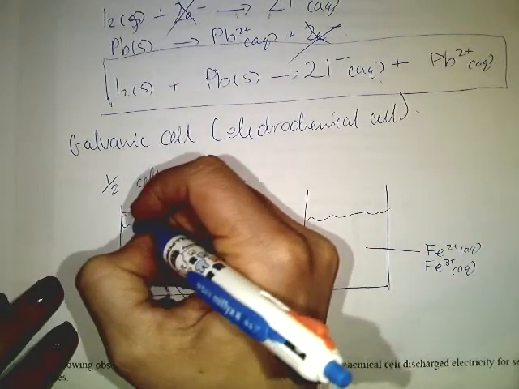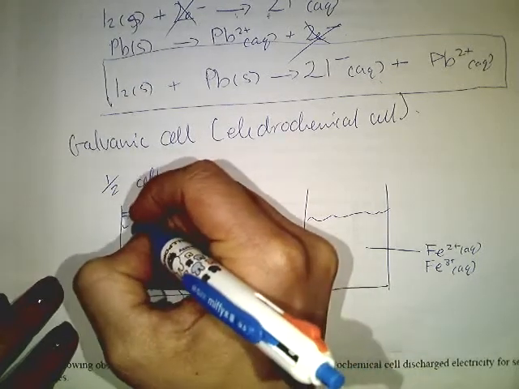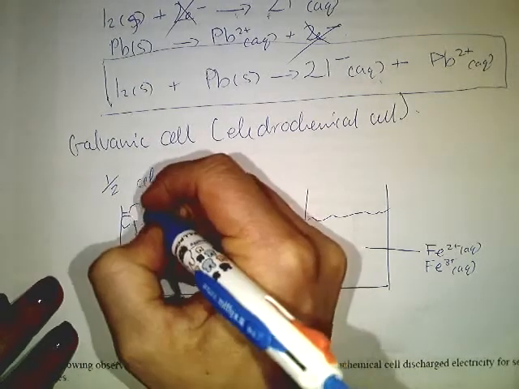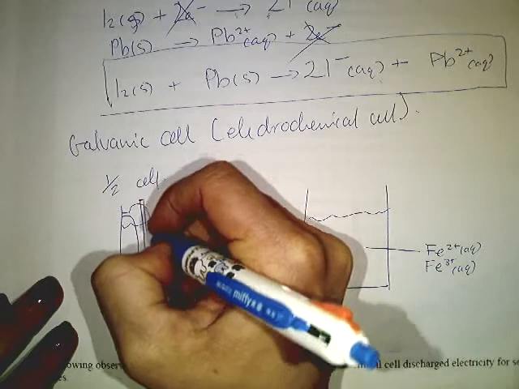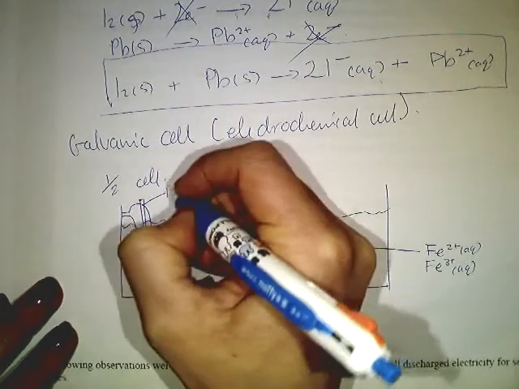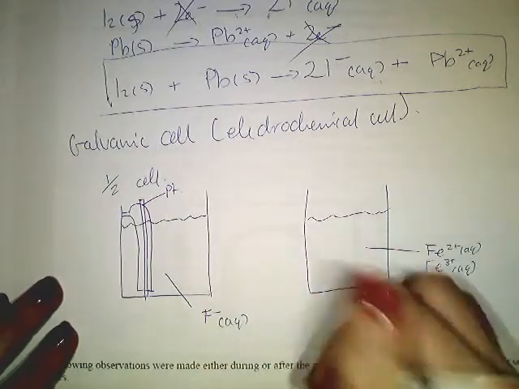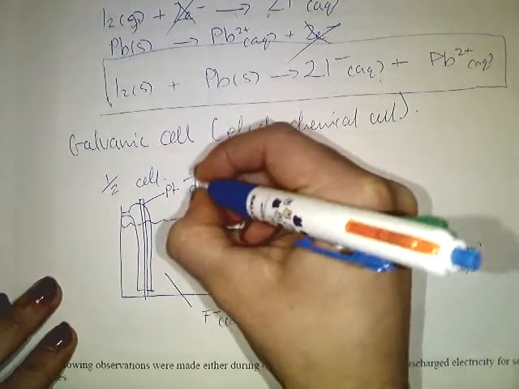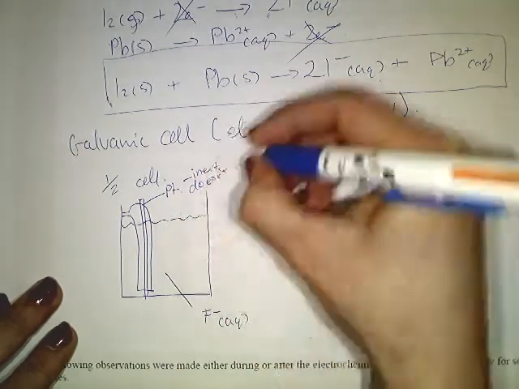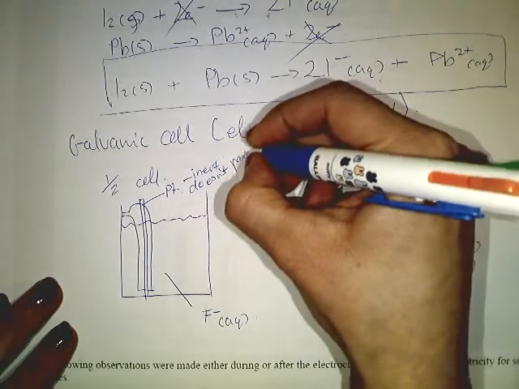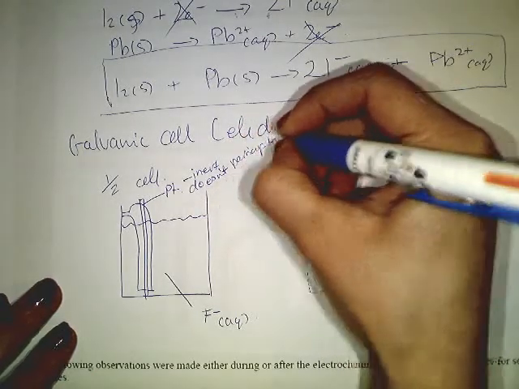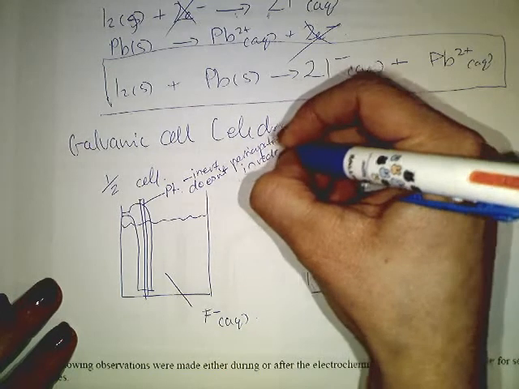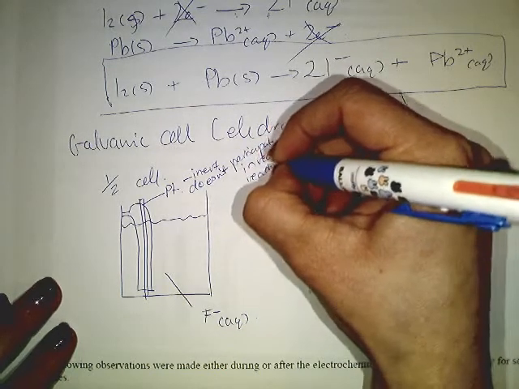Then the gas is released through a special gas electrode, which has a piece of platinum, a piece of something inert. Okay, inert means does not participate